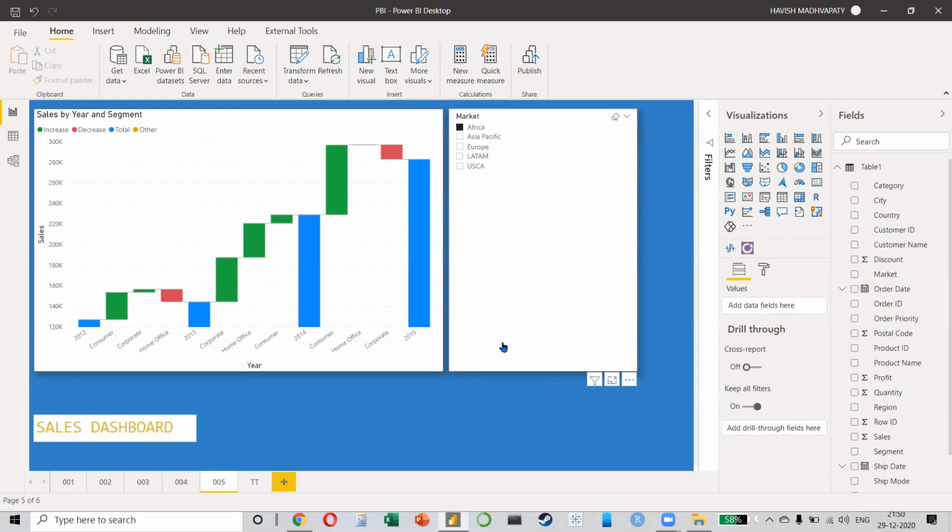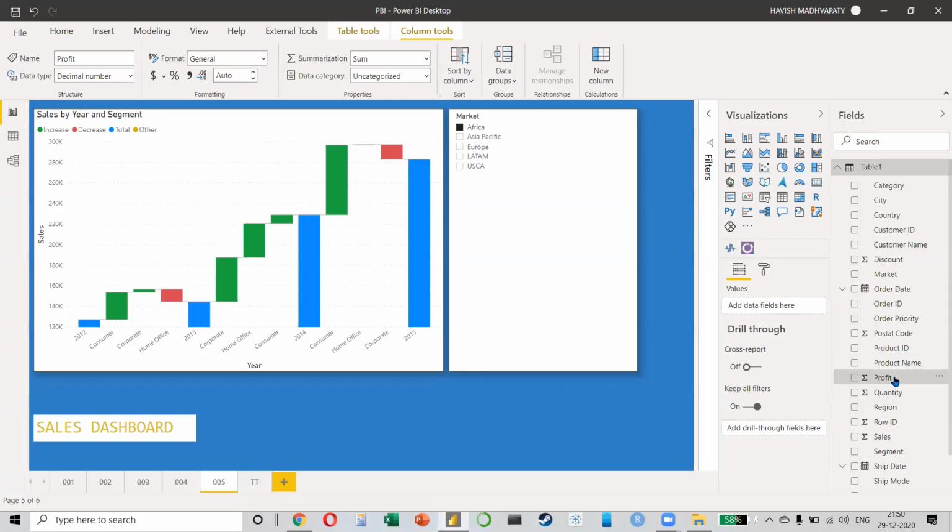Now, we have done a few inbuilt visuals. We have done formatting. We have downloaded a few visualizations, and we have also used Tooltip. But now we want to do a calculation, which is we have our sales and our profit, but I want to find my profit margin. So we have our sales and we have our profit, but we want to find the profit margin.